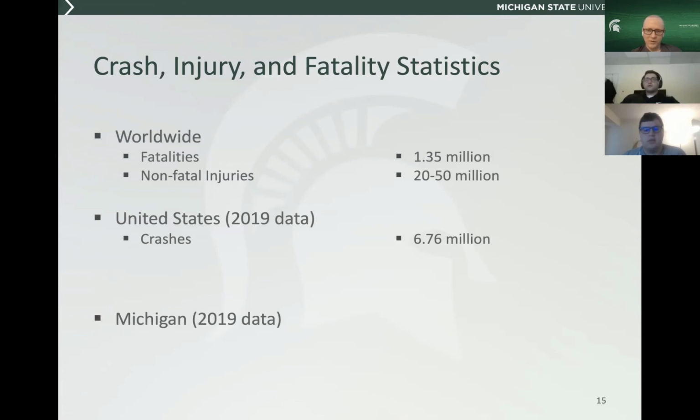Does anybody know if we looked at the total number of crashes, not just police reported, what that number would look like? That's what I was saying. Maybe it's around like 10 million at that point. Yeah, so if we look nationally, roughly 50% of crashes are underreported. So we're looking more in that 12 to 14 million range, somewhere in that area.